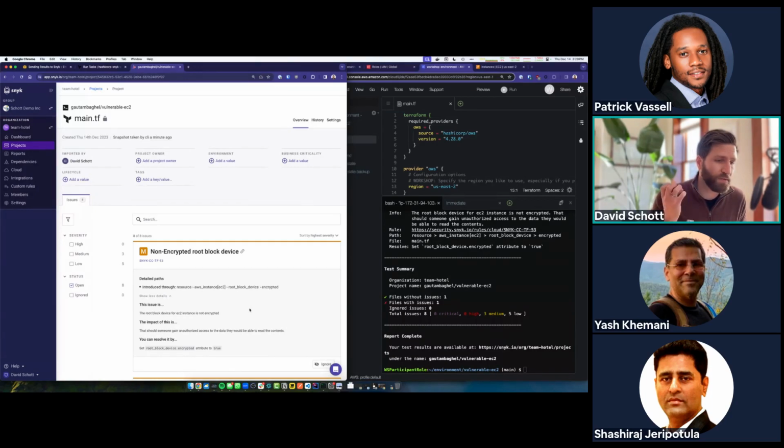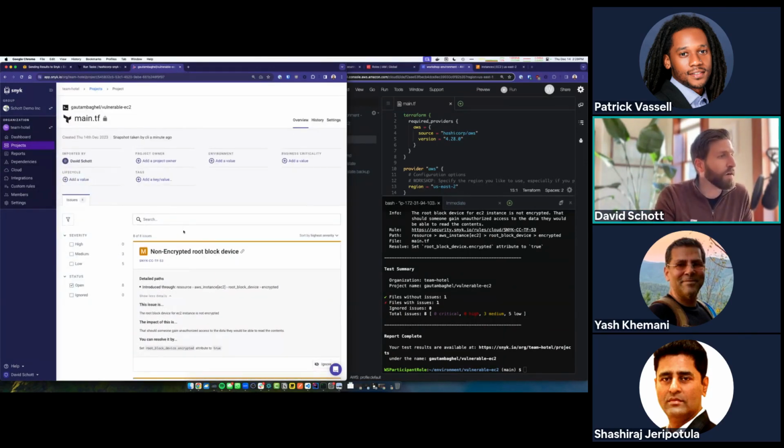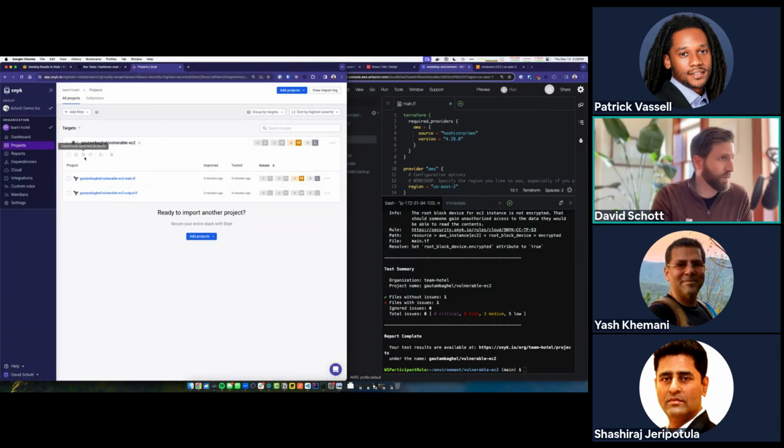It's important to get results every time you're shipping out new code. And when you ship those results into the Snyk platform, you get a view like this. And it's important because we want to have these security issues in our reporting capability. And the only way to get that into reports is by making sure that your projects are being monitored by Snyk like this.